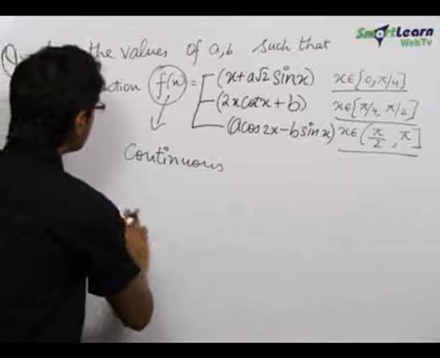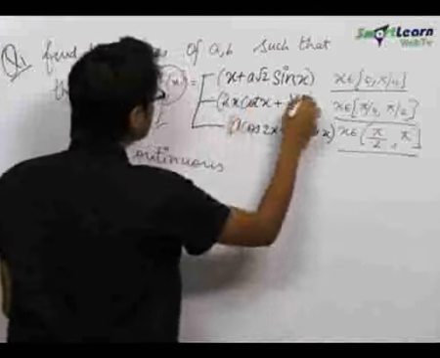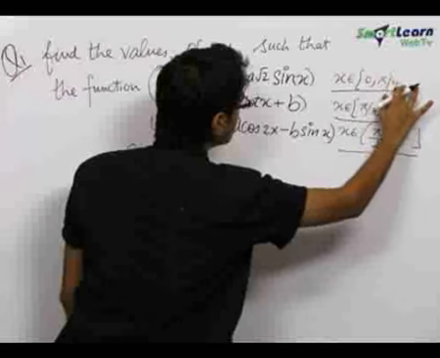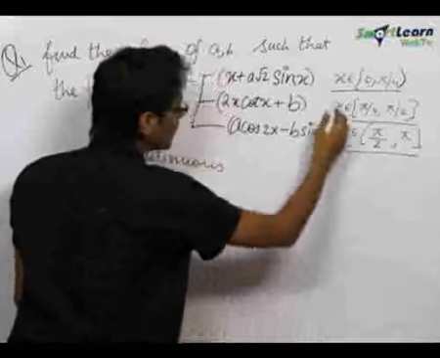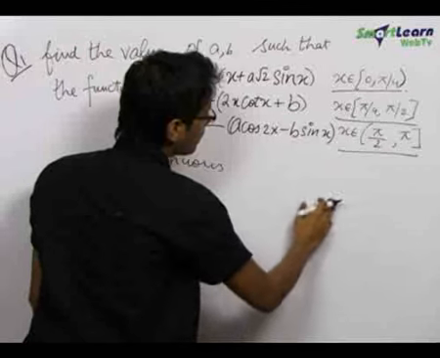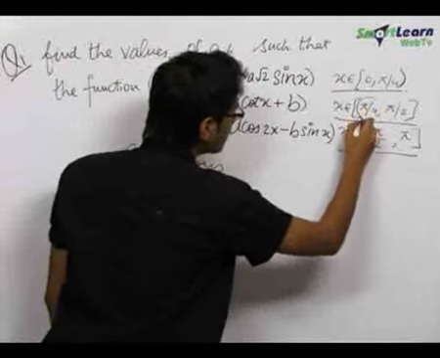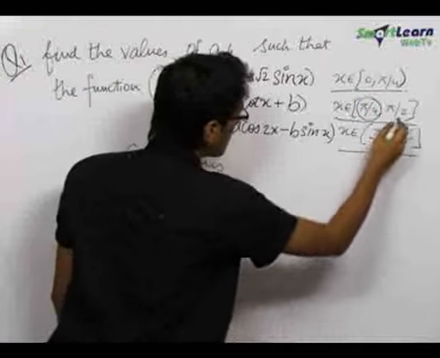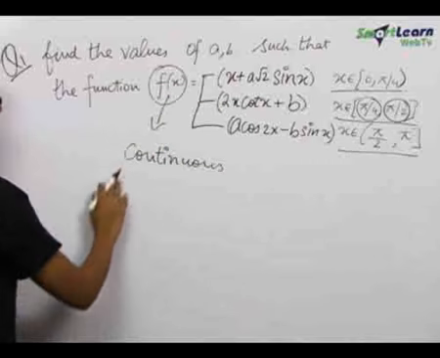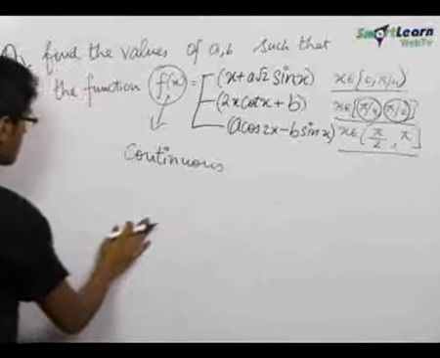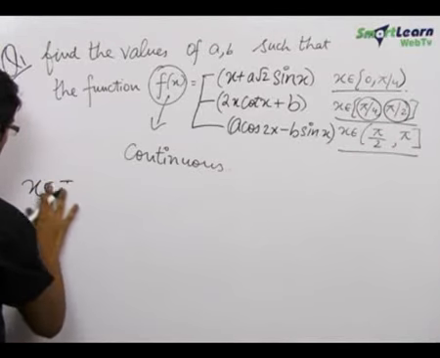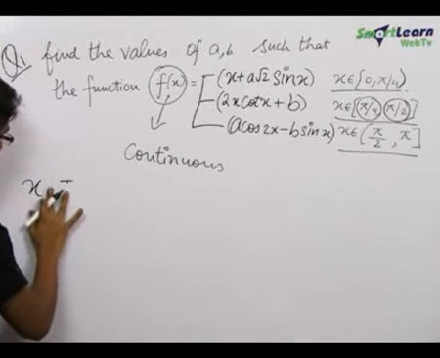So in order to proceed with this question, we see that f(x) has been defined in three different intervals. First is x belonging to 0 to pi by 4, then x belonging to pi by 4 to pi by 2, and x belonging to pi by 2 to pi. So we see that the internal points which are given in the problem are pi by 4 and pi by 2. So we have to check the continuity of the function f(x) at these 2 points. So first checking at x equal to pi by 4,